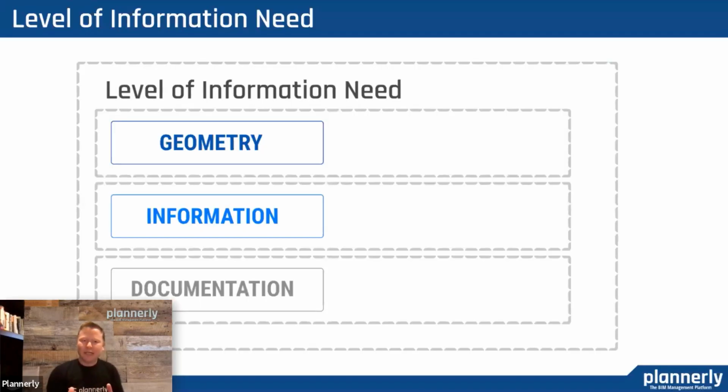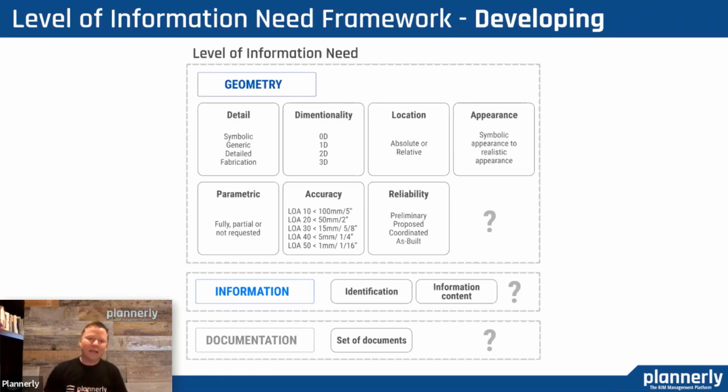Level of information need is a new term that is being used to group these requirements in geometric information and documentation. But what is the definition? What are we really trying to do inside of these? The interesting thing is that it's developing. The level of information need framework has been published at a guidance level and not really in the detail that's maybe required to execute without eliminating the 20 years of planning that has happened in the past. So you will see more and more develop on this.